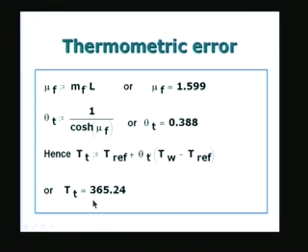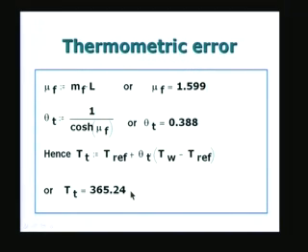So, the temperature indicated by the thermometer, or the thermocouple connected to the bottom of the well, is not equal to the temperature of the fluid, but it is 365.24, almost about 8 degrees different. So, we can now say that when we measure the temperature as 365.24, the actual temperature of the fluid is 373. The thermometer error, or the systematic error due to the measurement, is 365.24 minus 373, which is the difference